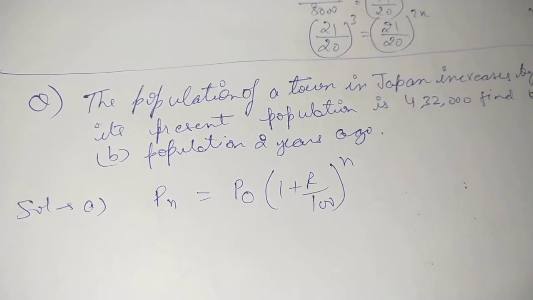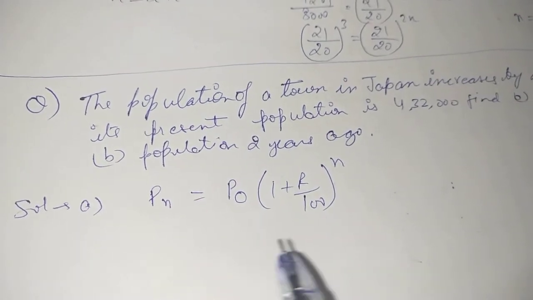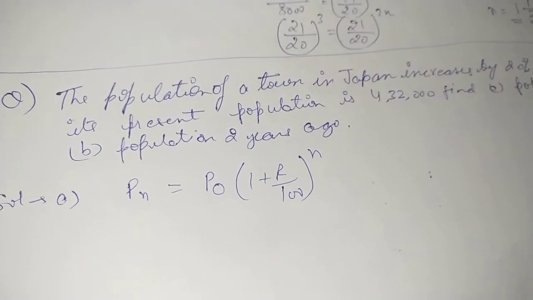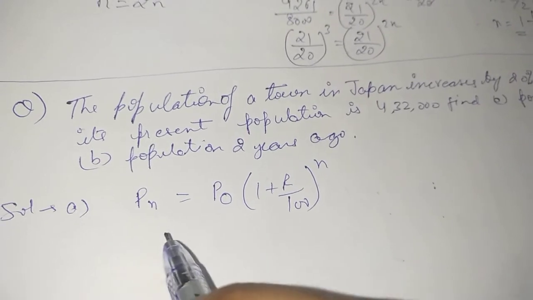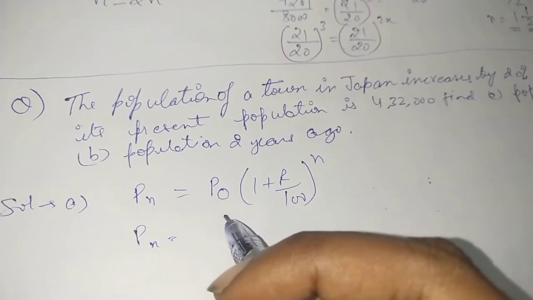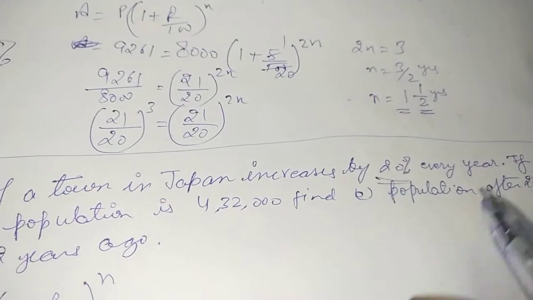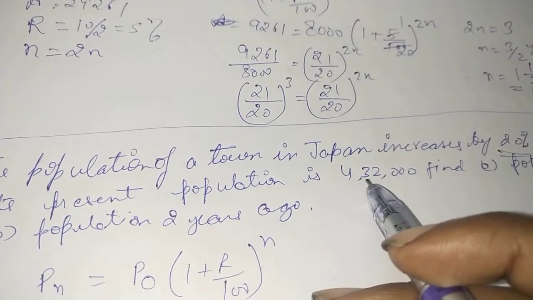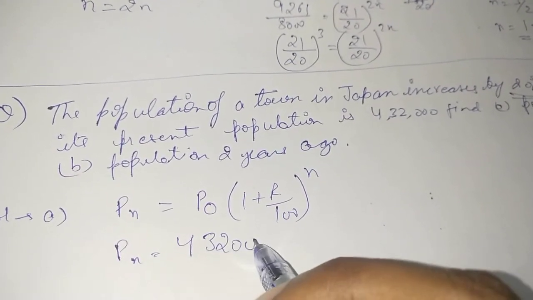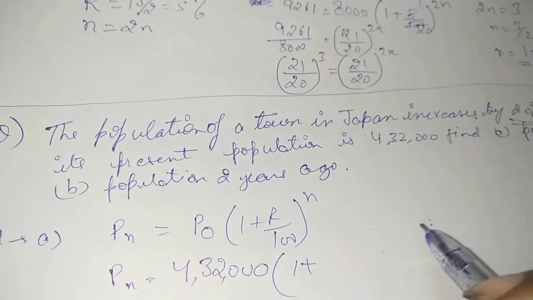Alright, I'll tell you the case when it is given for years ago. With ago there will be a bit of difference. Right now we are going to focus on n years, population after 2 years, population after 3 years. So now the population after 2 years is to be calculated. And what is the present population given to us? It says the population of a town in Japan increases by 20%. So this is the rate given to us. If its present population is 4,32,000, that means this is the present or original population, 4,32,000, into 1 plus, what is the rate?